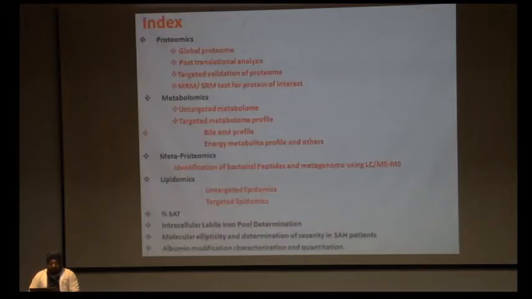To start with, I would be telling you about proteomics. Proteomics is generally analysis of all the proteins in a sample type. For example, if we have blood or plasma, we can analyze 30,000 proteins in the plasma and give you the expression status of 30,000 proteins. I will be talking about global proteomics. What are the post-translational modifications that we can capture?